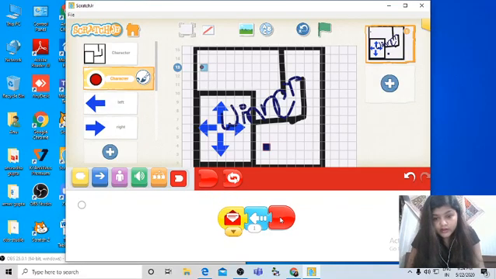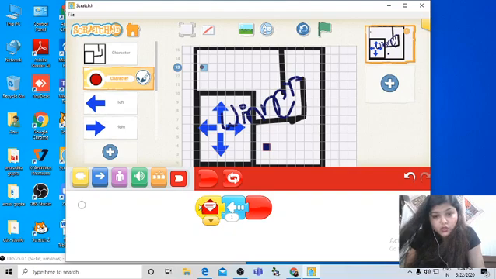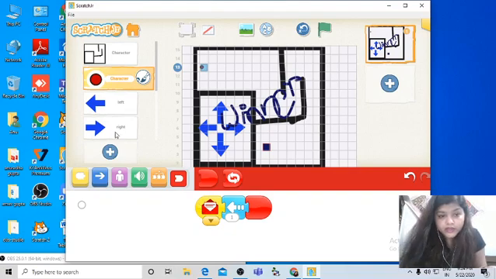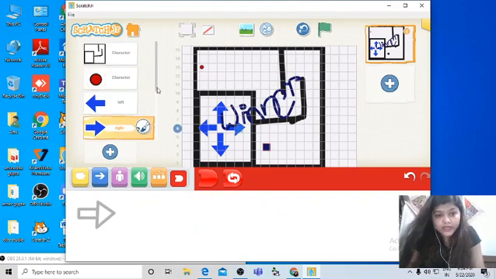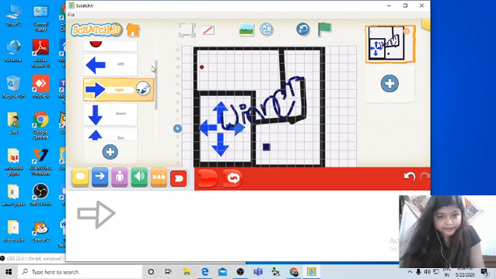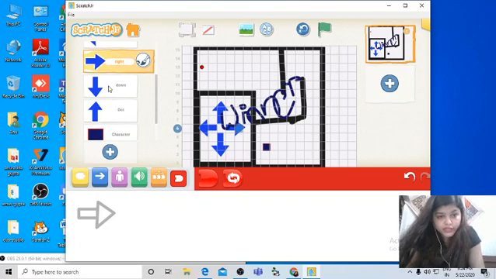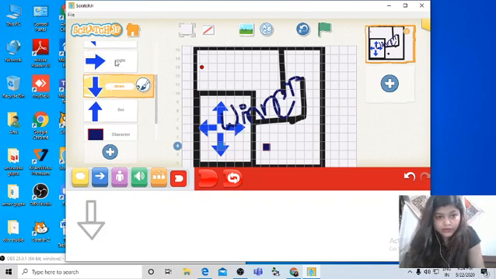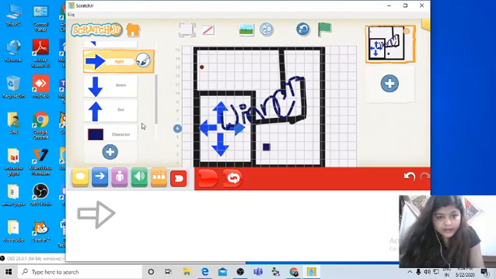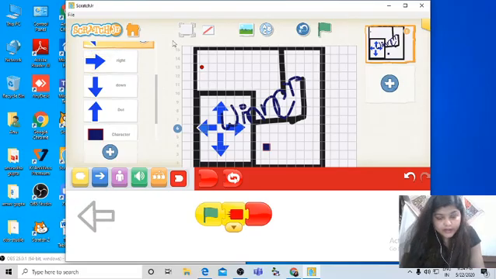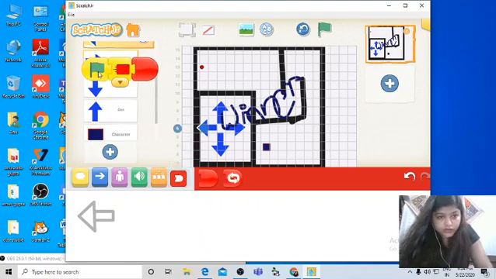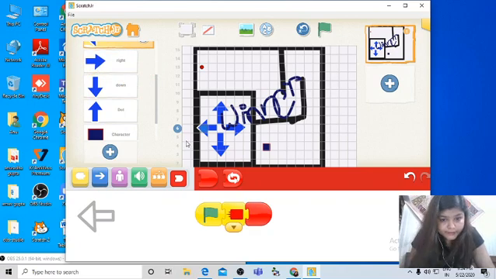Okay children, now same way we need to code for right arrow, left arrow, down arrow and up arrow. So for down arrow, I can copy that same code by just dragging all the code over the character.